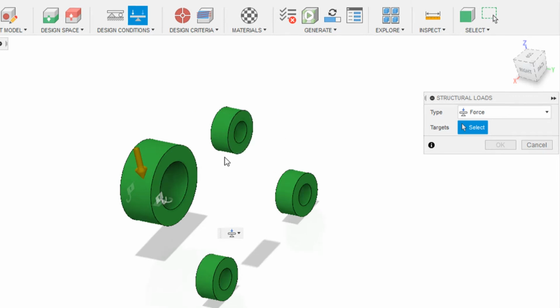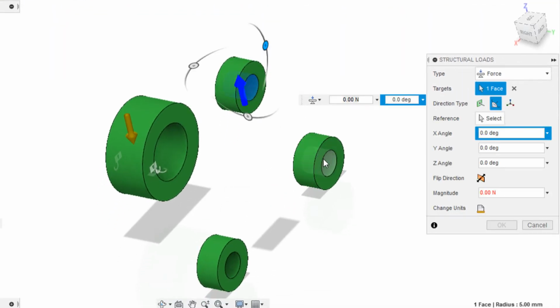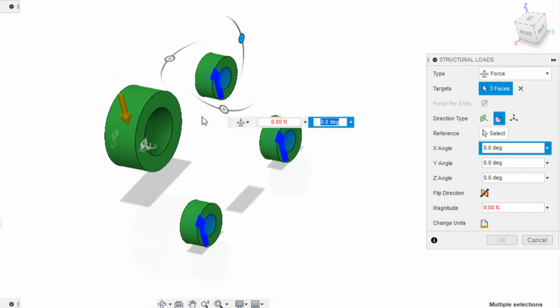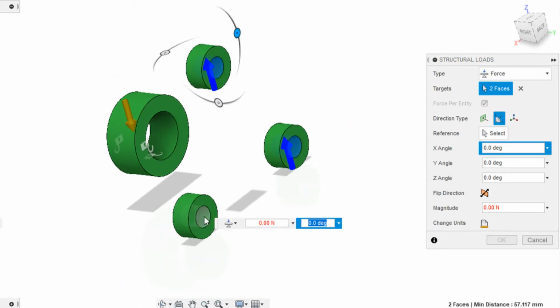I'm going to select all these 3 faces. Then under magnitude, you can enter either an expression or the load directly. 250 kgs, converting it into newtons, will give us approximately 2500. Then I'm going to click OK.